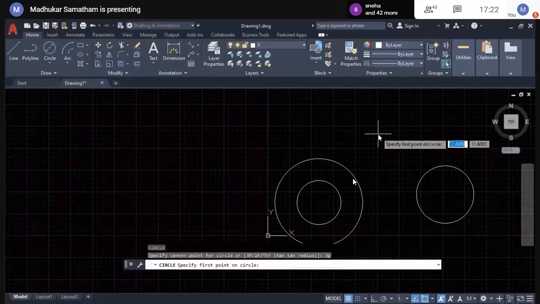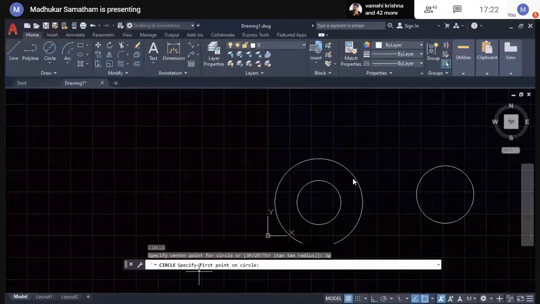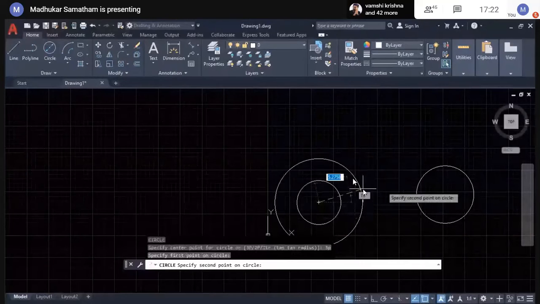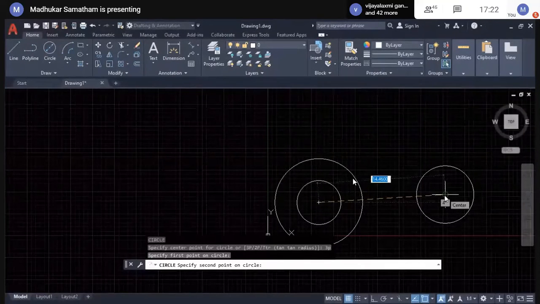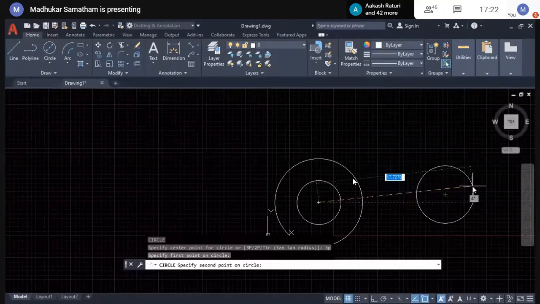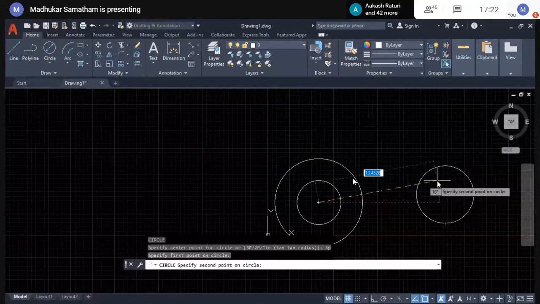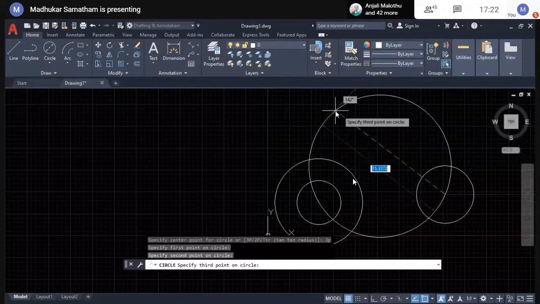Now it's prompting here: specify the first point on circle. Suppose I'm selecting the center of the circle. Again, this center of the circle. To display the center point, move your cursor on the perimeter of the circle. Then it will show you the center. You can select that. Then you can specify anywhere the third point.